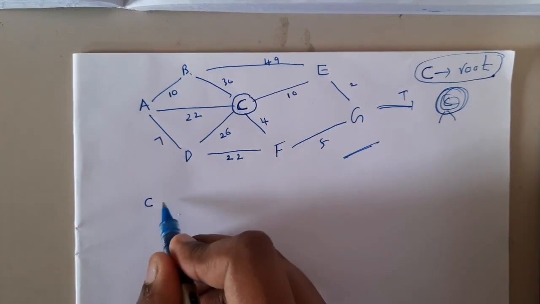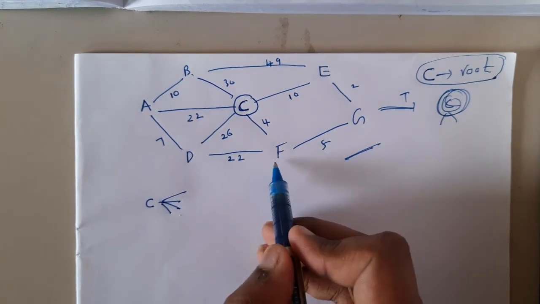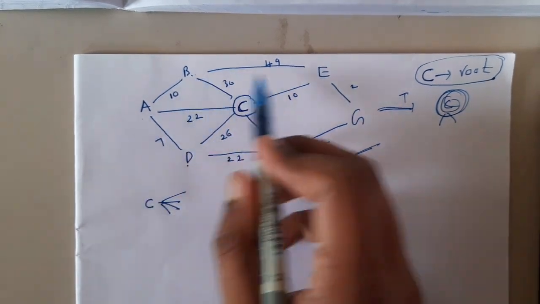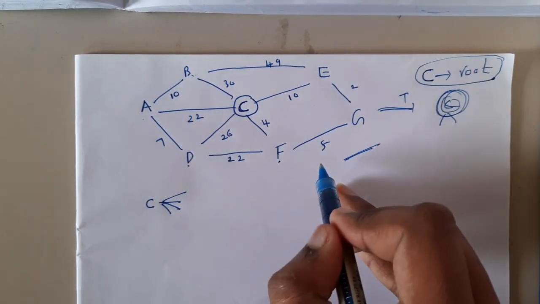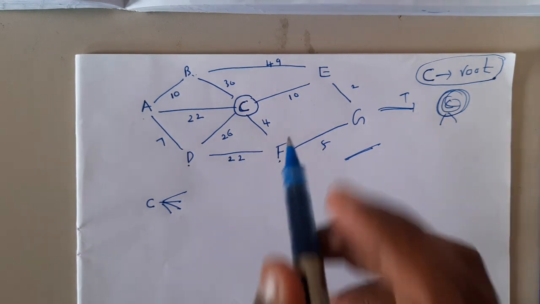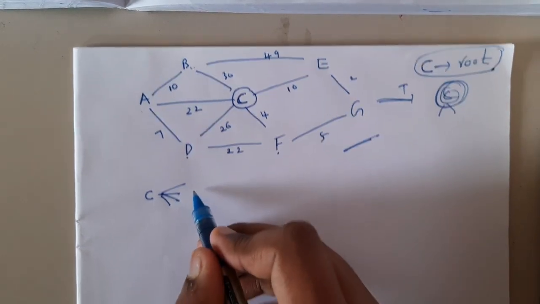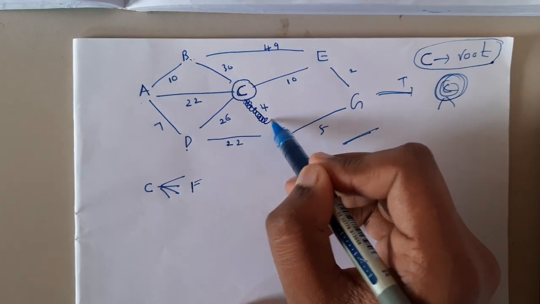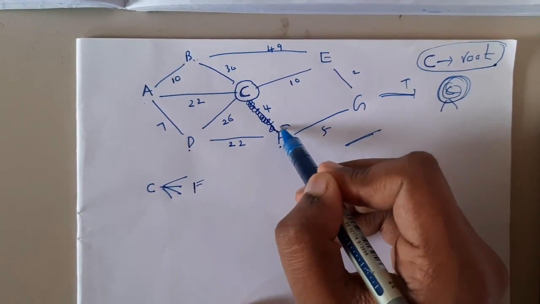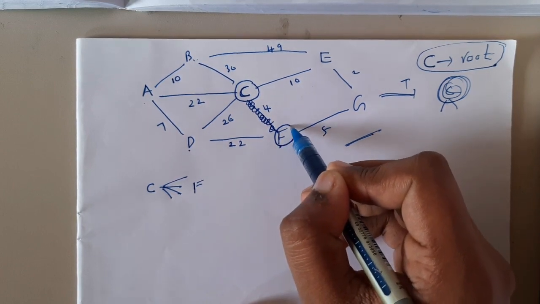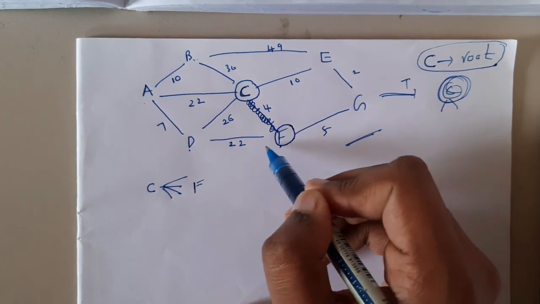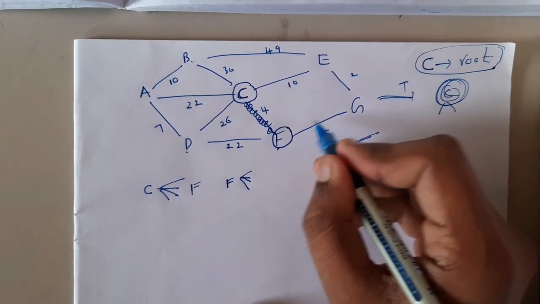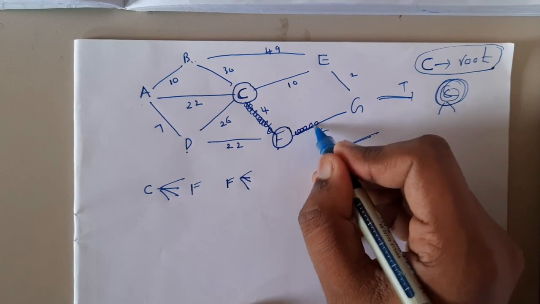From C, you will see all the different paths. There are multiple paths, I think to E, F, D, A, B, G. Among all these, you should see which is the least cost edge. The least cost edge is E to F, that is nothing but this. Yes, so now I'll be visiting F. Now from F, is there any minimum cost edge? From F you will be checking. Yes, we are having 5 here, so let us select it.